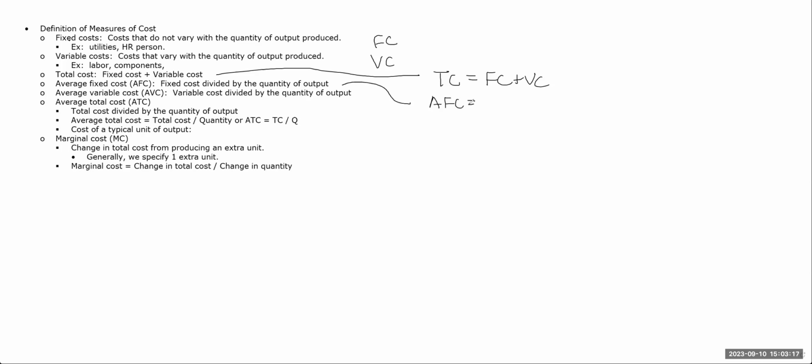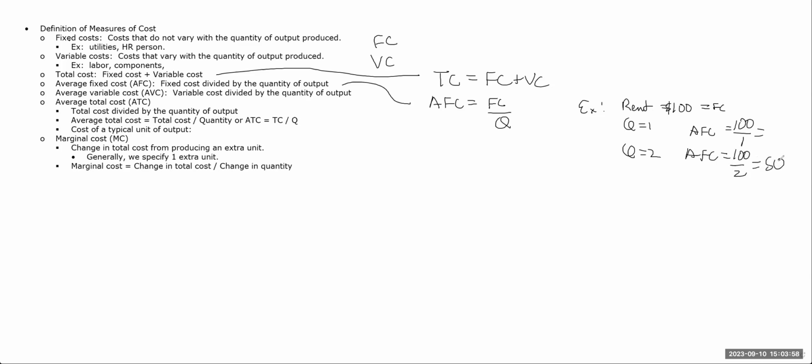That's AFC, and that's just fixed cost divided by Q, or per unit fixed cost. Okay, so for example, let's say rent is equal to $100 a month. If I make one cookie, average fixed cost, and this would be actually fixed cost. Average fixed cost would be 100 divided by 1, or $100 per cookie. If I make two cookies, average fixed cost is equal to 100 divided by 2, or $50 per cookie that